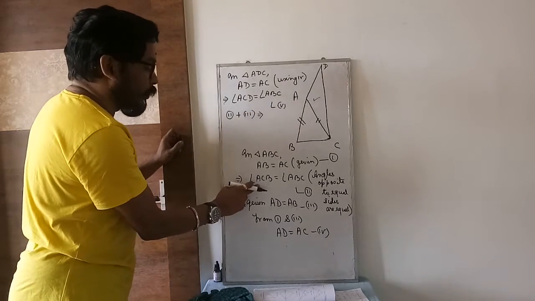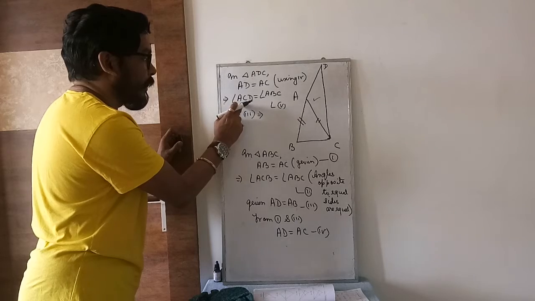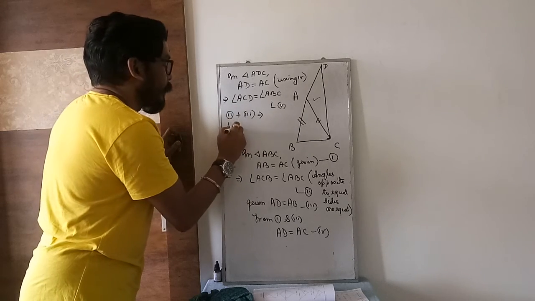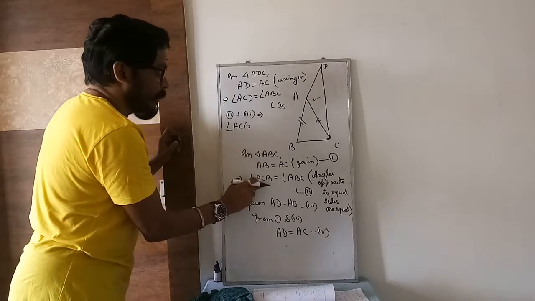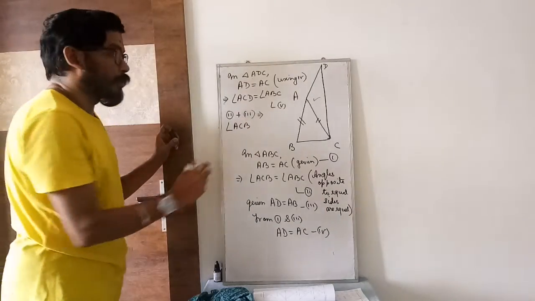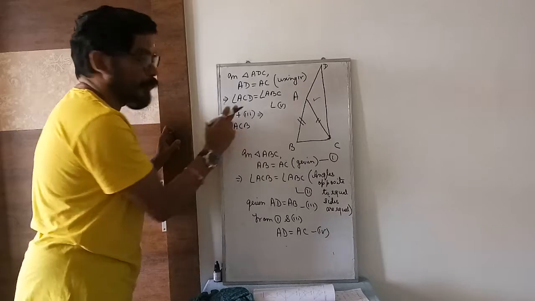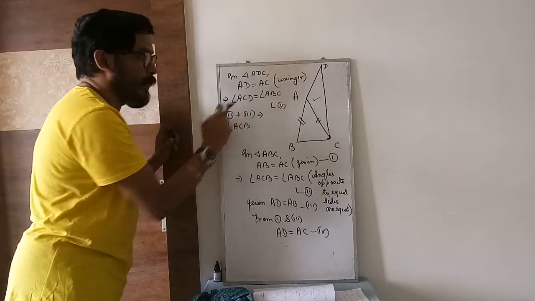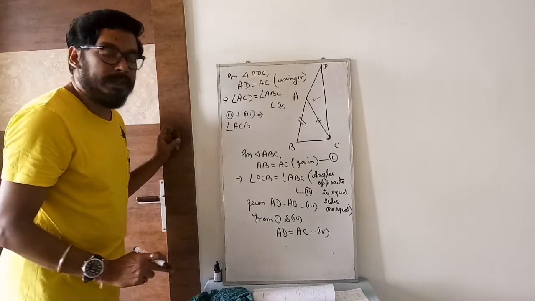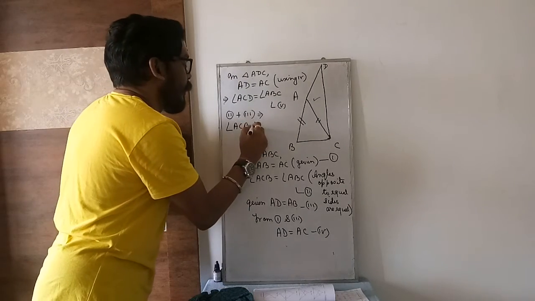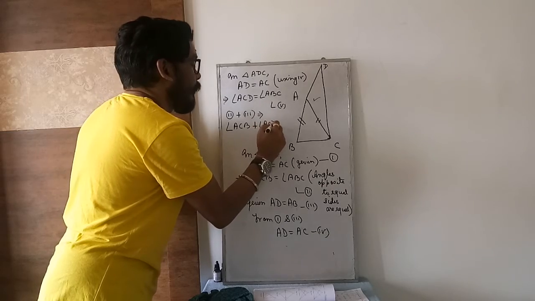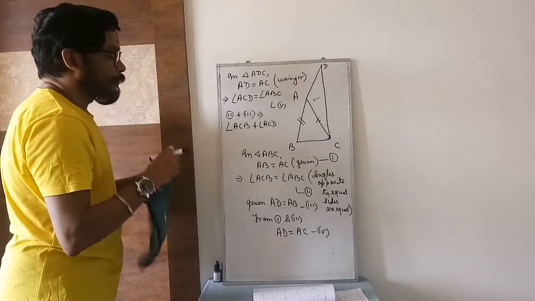So equation 2 left hand side what is there? ACB and here ACD. With C you will add up C. Okay, I repeat again, this is angle C, this is also angle C. You will add up these two angles. They are part of complete angle C. ACB is part of complete angle C and ACD also is a part of complete angle C. So you will add up these two, ACB plus ACD.